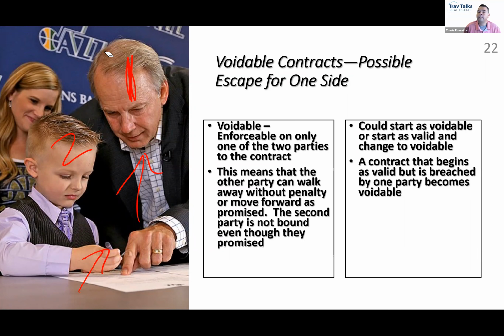That's voidable. But you could start as valid and have one party breach, and you get a downgrade from valid to what? Voidable. And then you can go back to valid, right? You can go back to valid if people get back in line. Just like this one that starts as voidable could go to valid. If we wait long enough, he's eventually going to be what? 18. Yeah. If they stay under contract for the next 15 years and then number two tries to get out, what's the judge going to say?